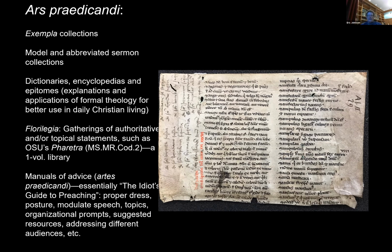So one of our manuscripts, Codex 2, is called the Faretra. Literally, that means the quiver, or a quiver of arrows. And so a florilegium is a treatise that captures all sorts of arrows, rhetorical arrows and textual arrows that the preacher could string on his bow and fire at parishioners, so to speak. It's a one-volume library. And then manuals of advice, the artes praedicandi, and these are essentially the idiot's guide to